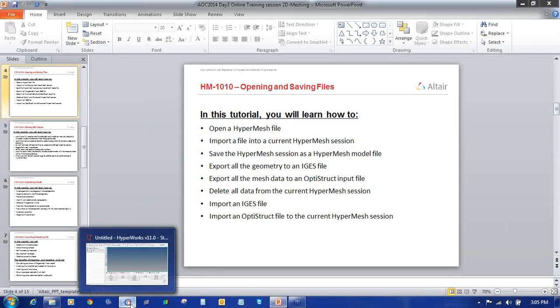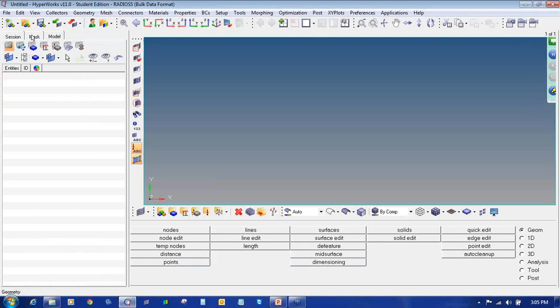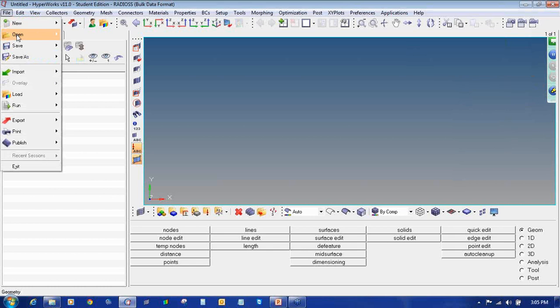So I'll open HyperMesh. First of all we will open the first file. To open the file in HyperMesh, you can use this open button or go to file, open, model. So there are two options available in HyperMesh to open the file, HM file.